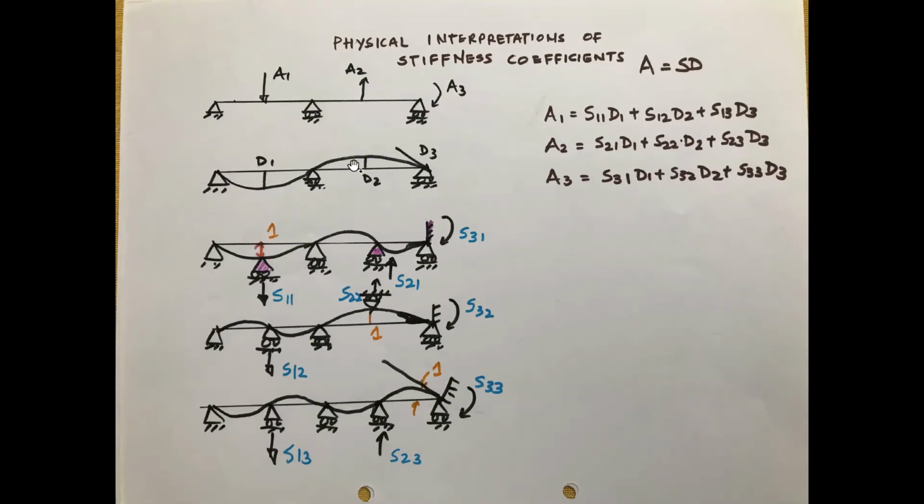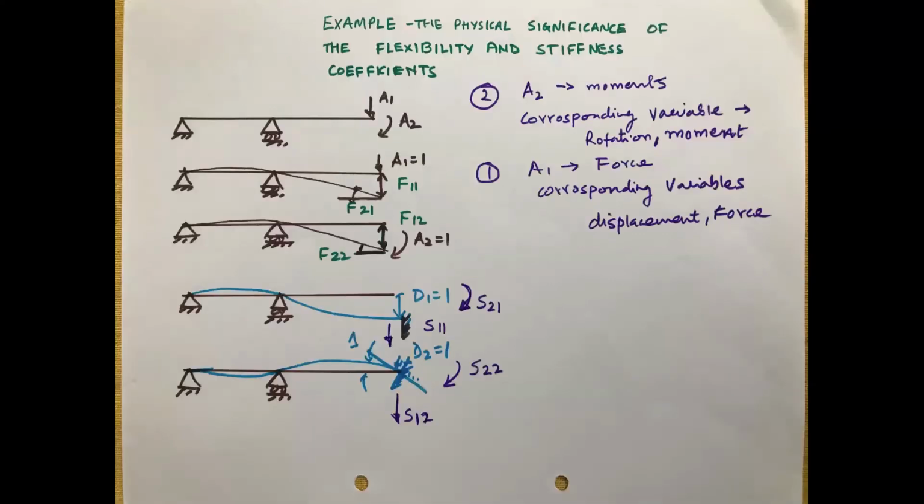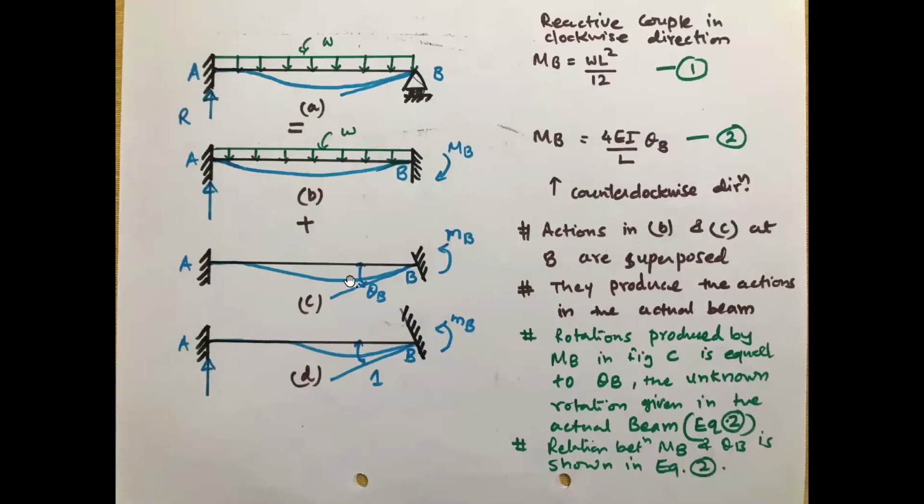So we are considering only joints. But the example shown here, I have defined in a different way, you know, D1, D2, D3 anywhere, so displacement. But in whatever problems we are going to solve, it is for joint rotations and joint displacement. So the problem statement is very clear. We don't have to calculate within the span. This is just because of the physical interpretation of the stiffness coefficient. I have shown D1, D2 just for concept, for physical interpretation. But in the actual problem, I will be considering only the joints.